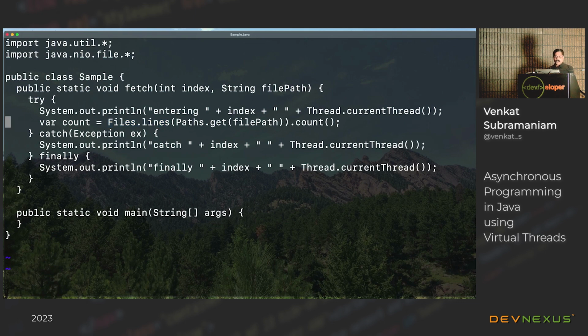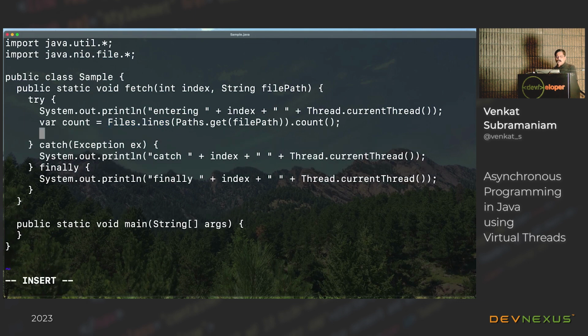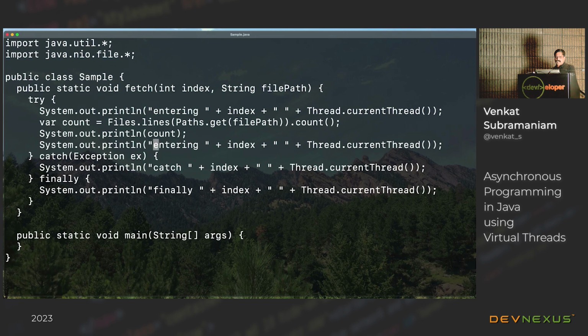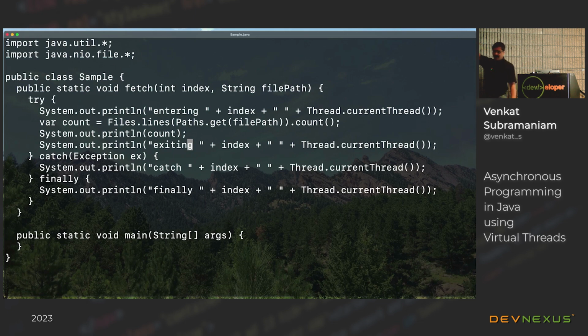So what we are going to do here is to go ahead and print out, as an output, the count value right there. And when we are done with it, let's go ahead and say here is exiting, and we'll print it. So as a result, in this case, I want to know what's the behavior of this code when I come in, perform an I/O, and if I have a catch, if I have a finally, what's going to happen. Let's take a small example and work with it.